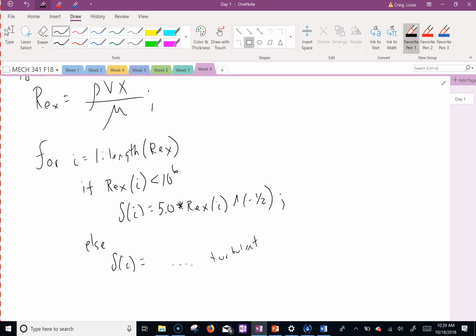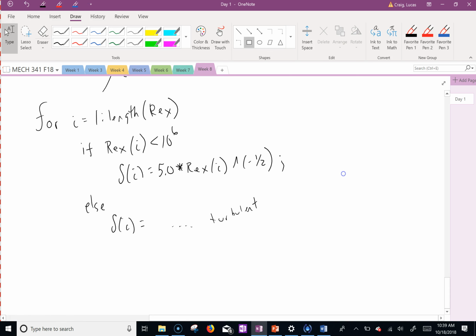You could do divide, or I brought it up to the surface and made it negative 1/2. Why did I need the parenthesis i here? Because I want to figure out what the delta is for that specific Reynolds number, not all the Reynolds numbers. Then you do the same thing for the turbulent case, and then how many end statements do we need? 1, 2. And if you're just typing this and it's unorganized, just highlight this section and press Control I. It'll format for you.